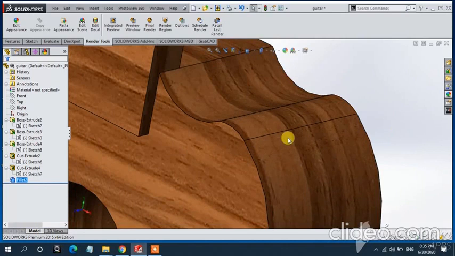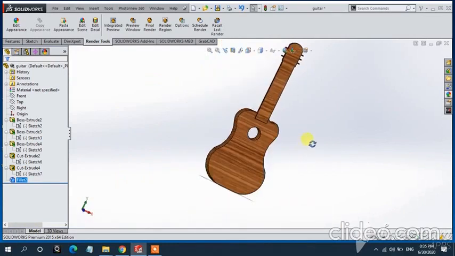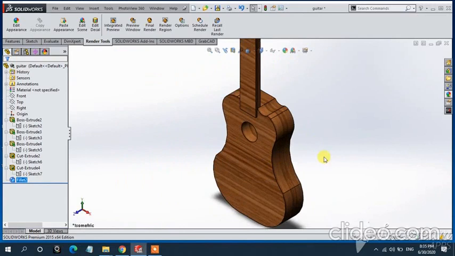You have to fillet this, because this is an irregular shape. That's why I am using fillet on that surface. See the fillet parameters. This edge I want to fillet. First select tangent propagation and full preview. The fillet parameter used is symmetric. The radius of the fillet is 30 mm. Okay, the profile is circular. Okay, you have to select this. Now it's completed. See how it looks. You have to revolve. This is a simple guitar.